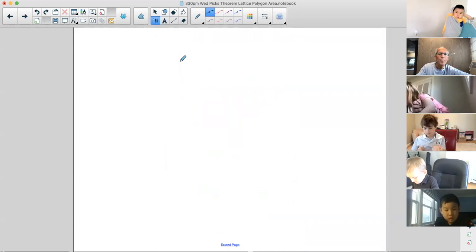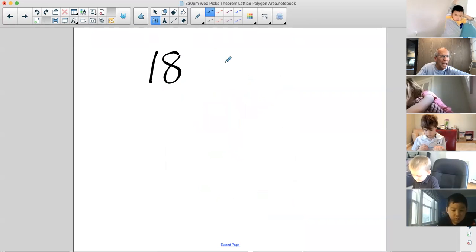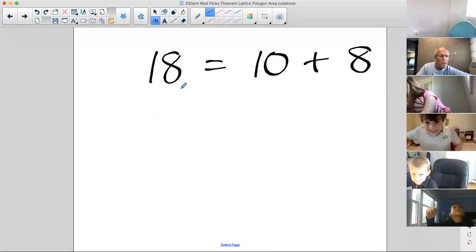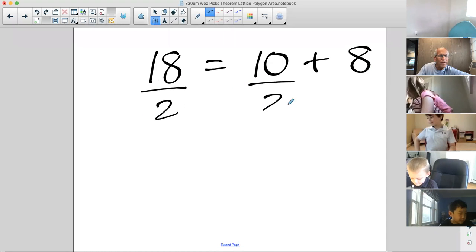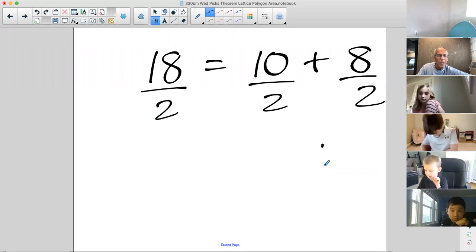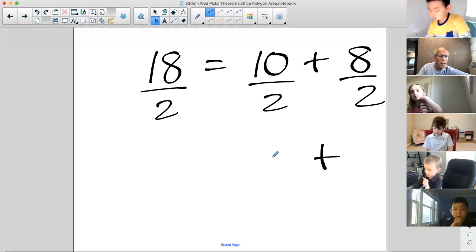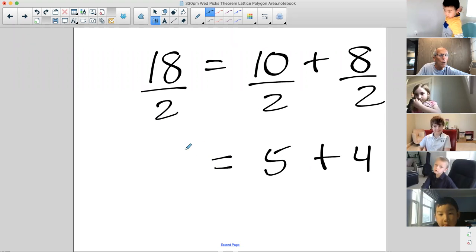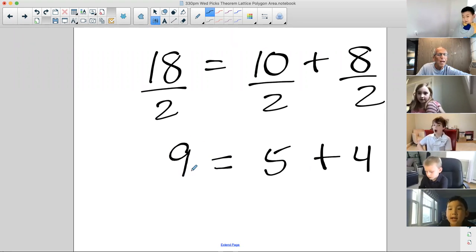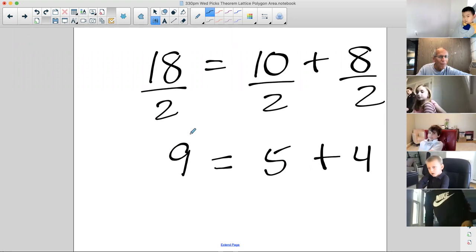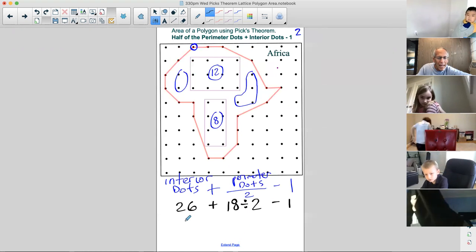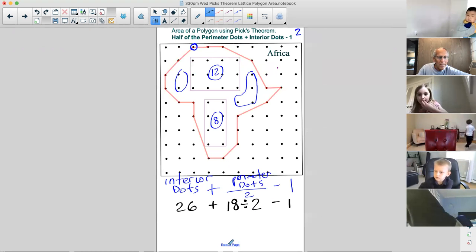And remember, you could always partition 18 into 10 and 8, cut 10 in half, cut 8 in half, and smush them together. On 3, 1, 2, 3, go. 9. And 9 is half of 18. So if we add 26